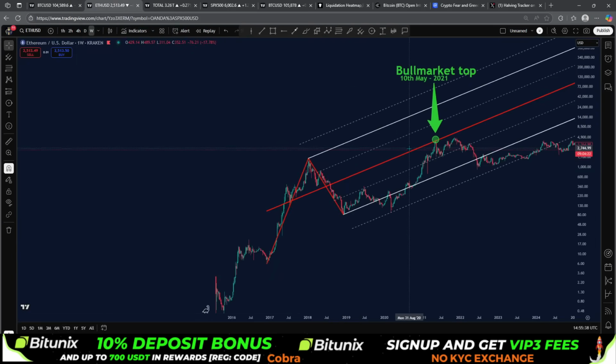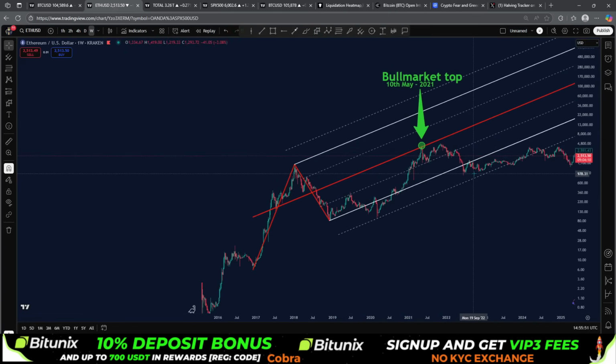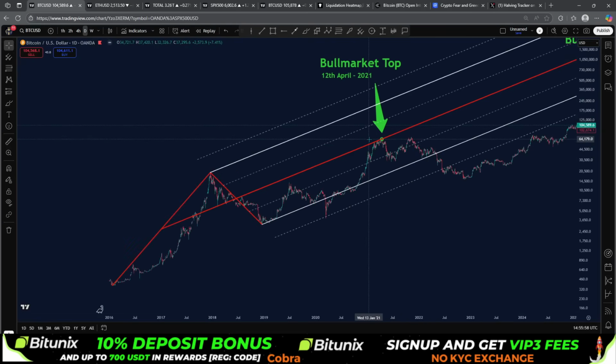But more or less, we can see the exact same time, with a few weeks apart, Ethereum hit a massive resistance zone, where I sold basically exact to the dollar all my Ethereum here before Ethereum entered a bear market. We could have a high conviction when we see Ethereum at major resistance here, at the same time as Bitcoin's at major resistance, we can assume there's going to be heavy selling from both